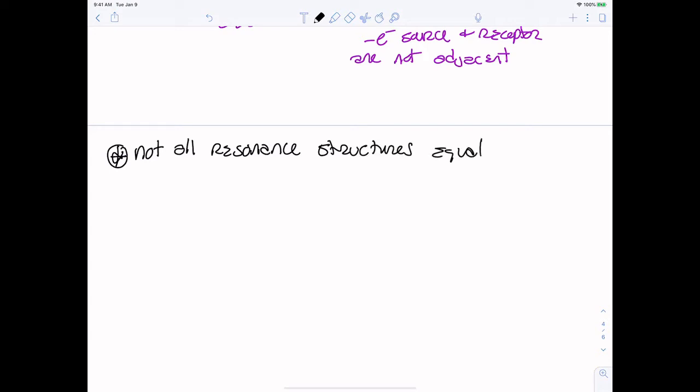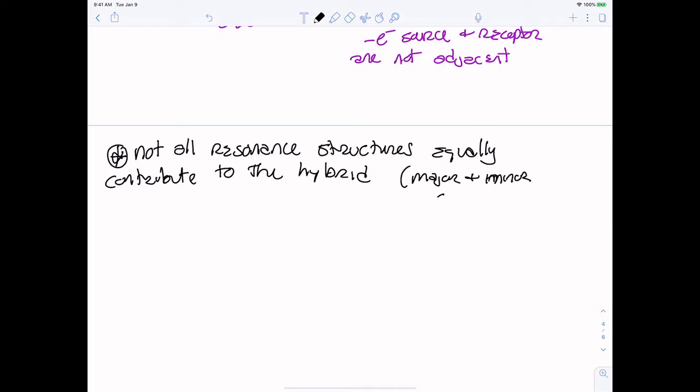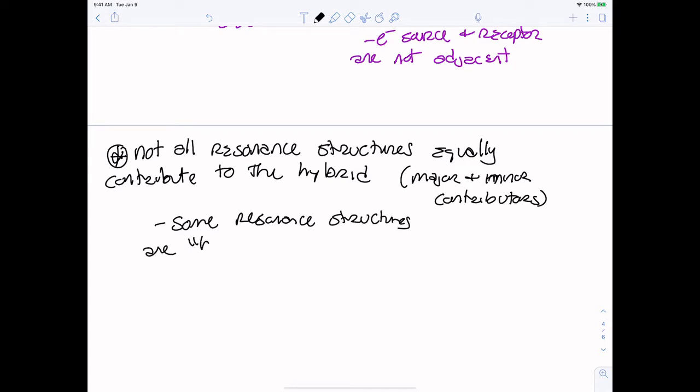equally contribute to the hybrid. Right? We could say that we have major, the major are going to be the better ones, and minor contributors. Right? We could say that some resonance structures are better. I'm going to put better in quotes because it's not really that they're better, it's just that